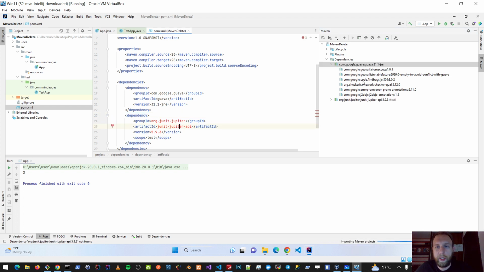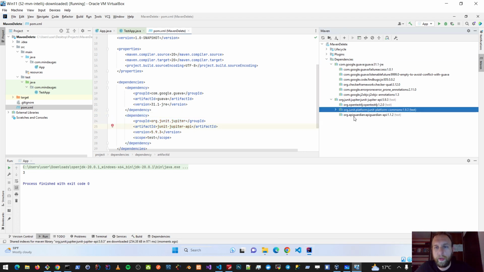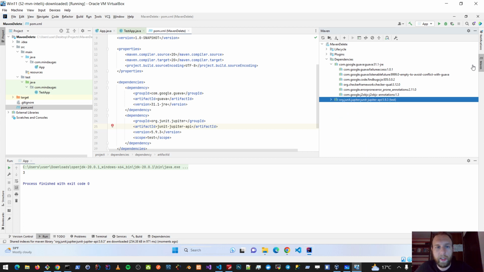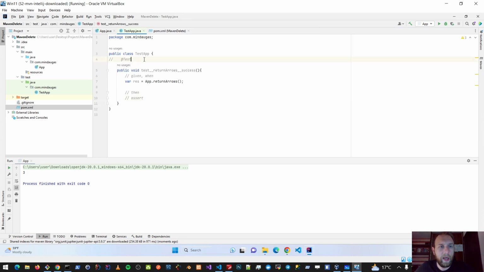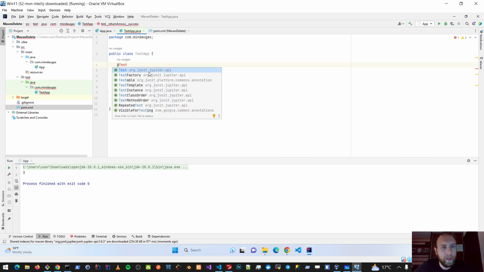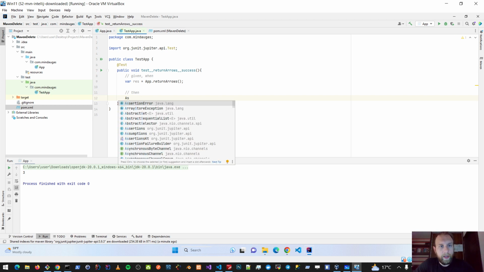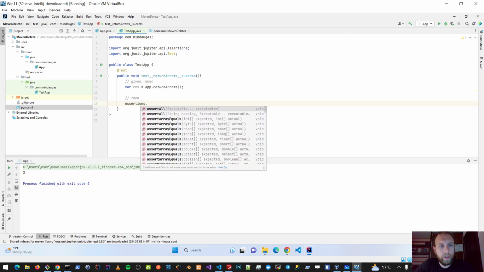And all of these other dependencies that are needed for JUnit Jupiter to work are being downloaded. So Apiguardian, opentest4j, and all that stuff will be downloaded immediately. And that's it. Now it's downloaded. I can uncomment my test annotation, and I'm just importing from JUnit itself, and that's it. And now I can even use, of course, the assertions provided by JUnit. Assertions, assert,